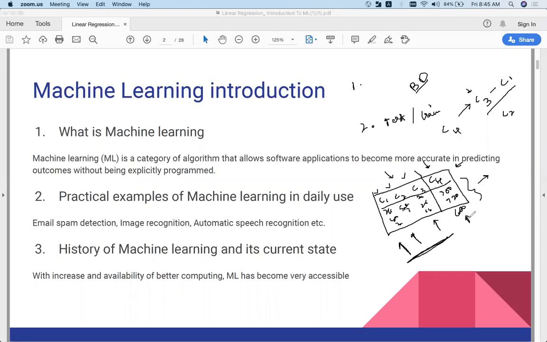This is the reason I've taken an example of credit score. If I just say C4 equals C3 minus C1 by C2, someone may ask, why did you only do this? Why didn't you do 2 times C2 and then, let's say, 4 times C1? Those questions will come. But if you take into consideration the business domain knowledge from a bank, they have some formulas already defined. The credit score is between, I think, 600 or 650 to 800. Based on that, they have a formula, and they will use it to get this.